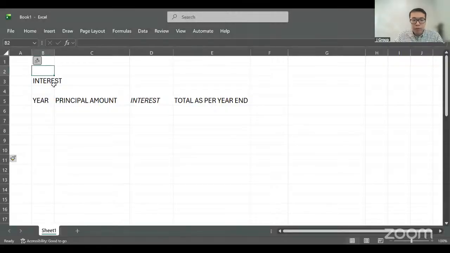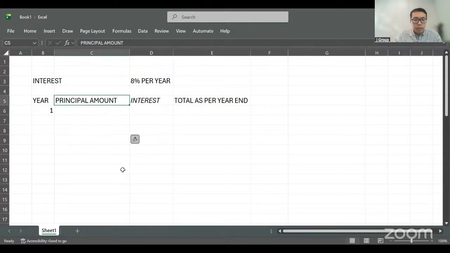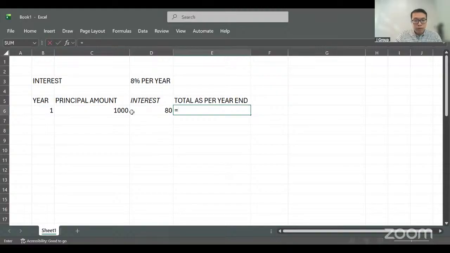So let us start off with simple interest. I'll give an example. Let's say there's an interest rate of 8% per year, and in year one, we put in a principal amount of 1,000. So the interest for that year will be 8% of the 1,000, which is 80 ringgit. So at the end of the year, we will have